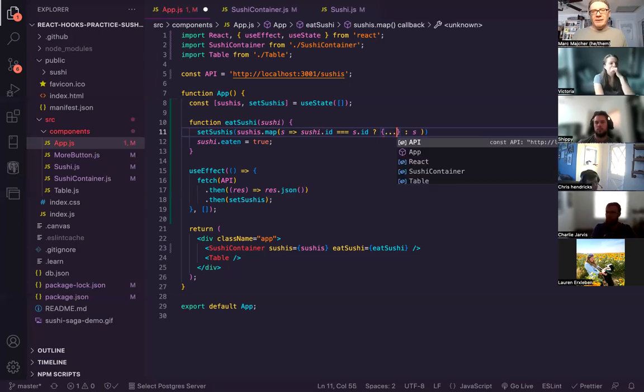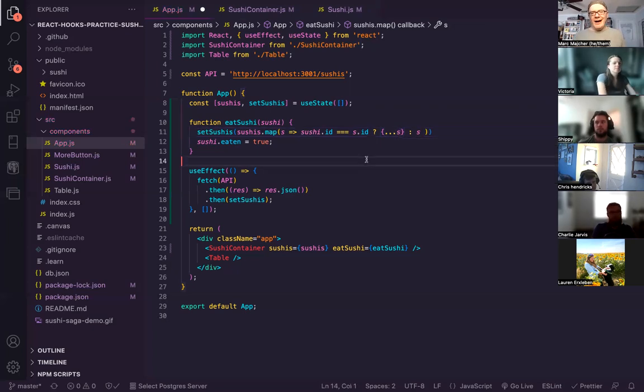Spread, three dots, takes our current sushi and inserts the key-value pairs from that object into our new object. So this is an easy way to make a copy of an object. Otherwise, because objects are reference variables, things can get messy. So we're just going to spread it out and say